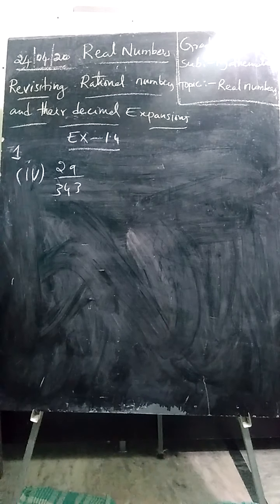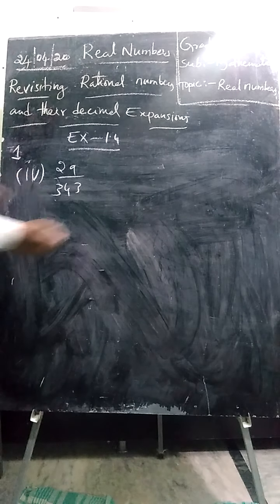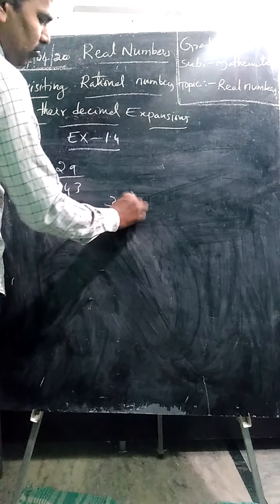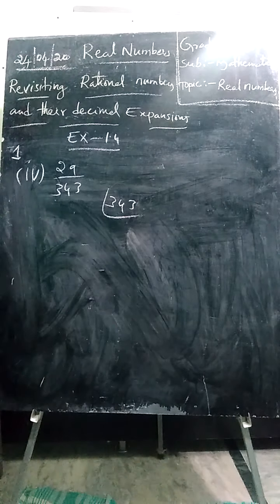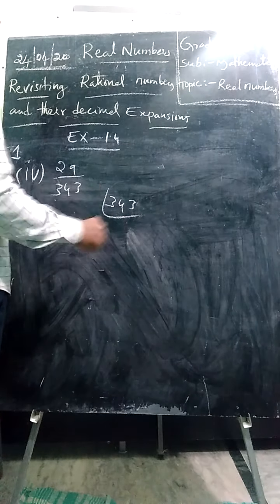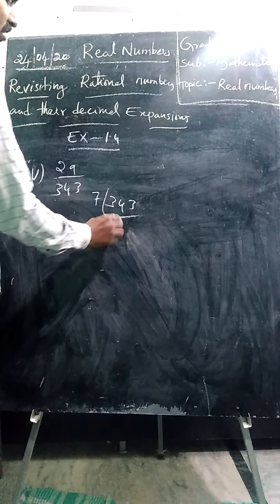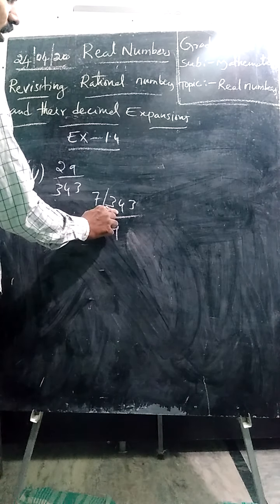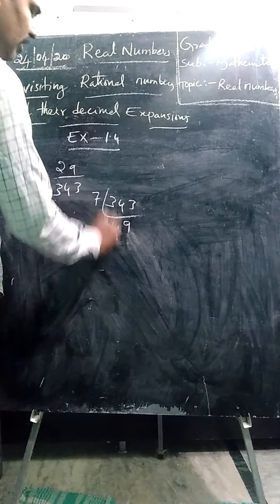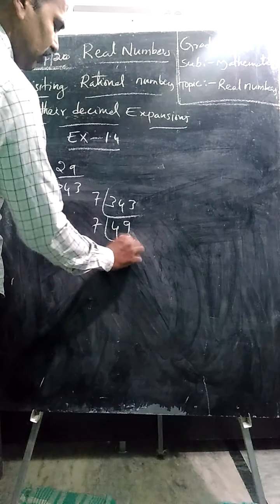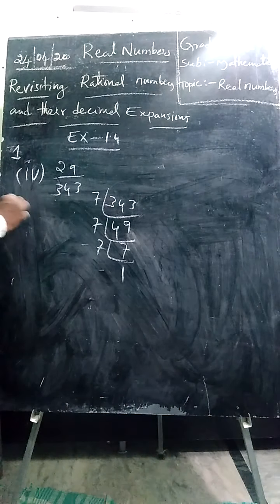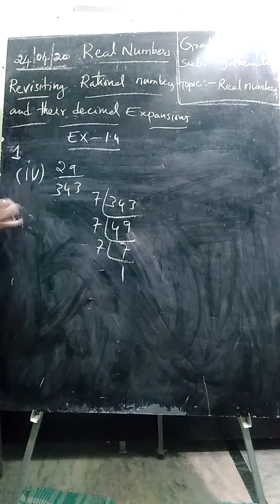But before checking whether it is terminating or non-terminating decimal expansion, let us check whether it is in lowest form or not. 29, 343, no common factors. Now let us factorize this. 343 is not possible in the 3 table, 2 table, 5 table. So let us check the 7 table. 7 4s are 28, so we have 63, 7 9s yes possible. 7 7s yes possible. So we can write 343